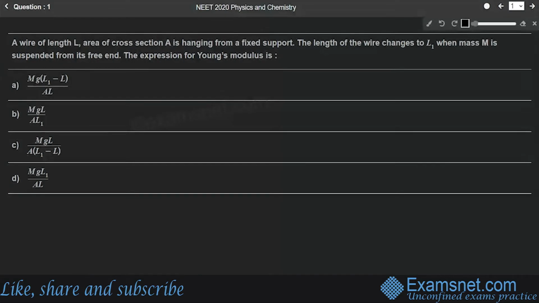In this session, we are going to discuss physics questions from NEET paper 2020, and there are 45 questions. So let's get started. The first question is from the chapter Mechanical Properties of Solids and the question is: